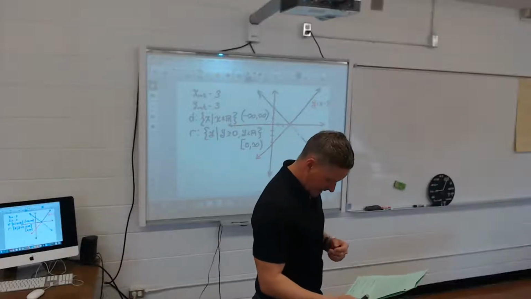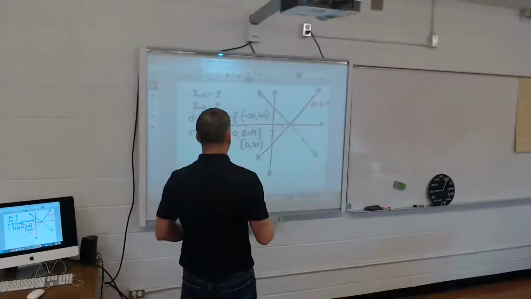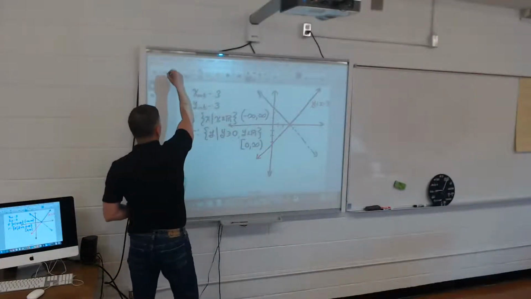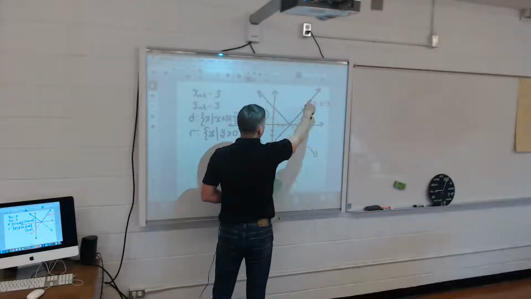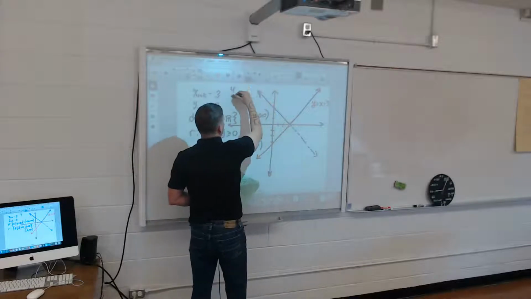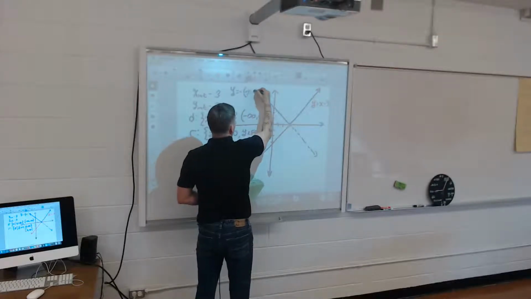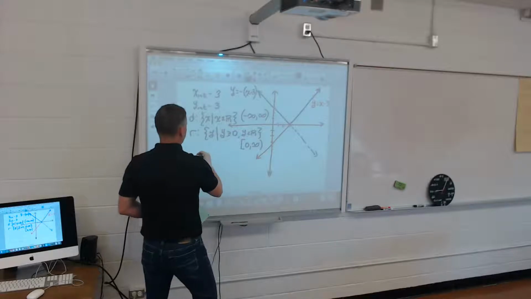All right, and the piecewise form of this function. All right, so this is y equals x minus 3. That was that red graph. This one over here is y equals negative x minus 3. So for the piecewise,